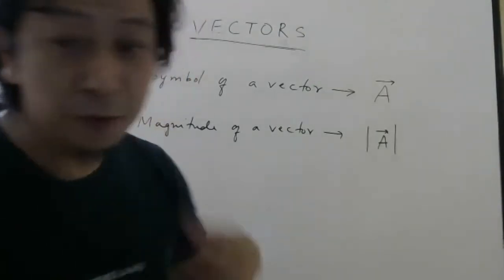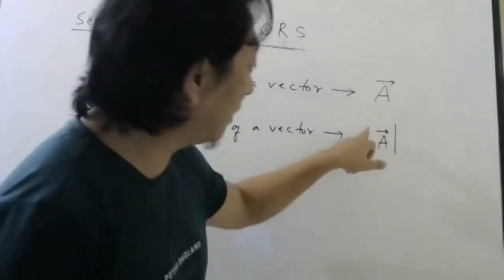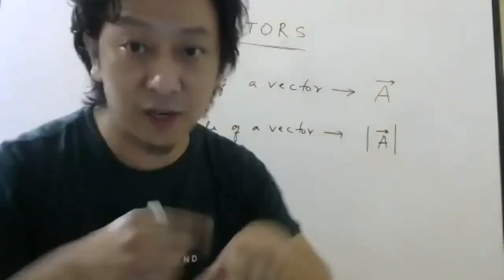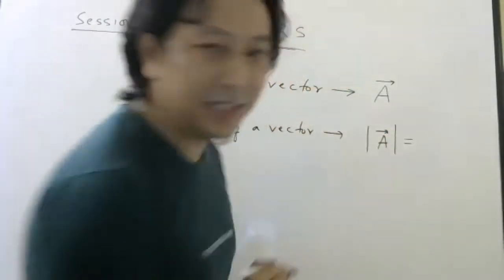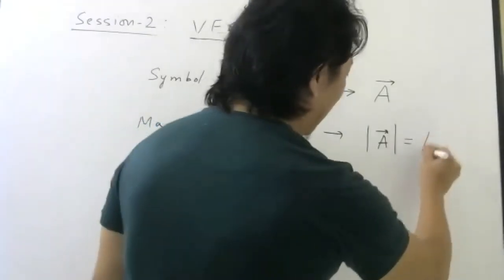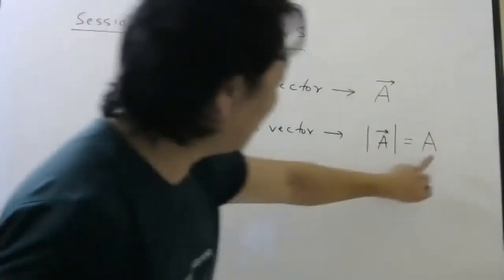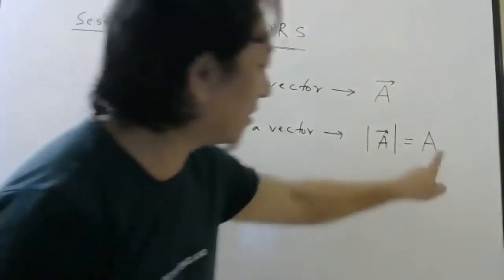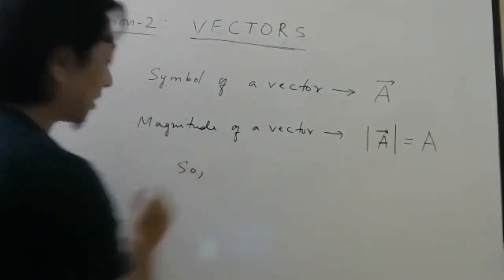Now, when I come to magnitude of vector, we write it with a bar and put a modulus. This is the sign for modulus. You can write it this way, or if you are a little lazy, you can write only A. Either this or this. Start with this initially, then once you get used to it, you can start writing like this. So tell me which is correct, which is wrong.